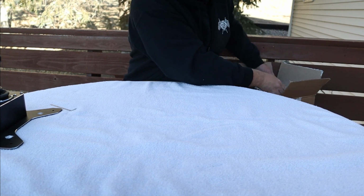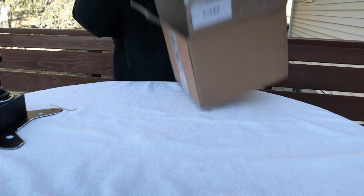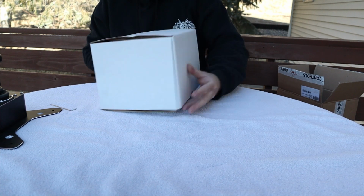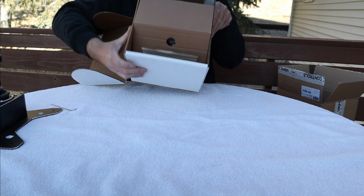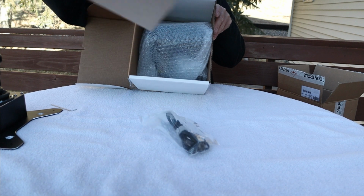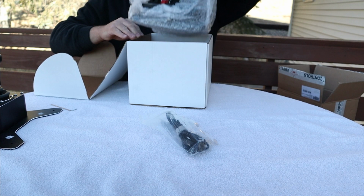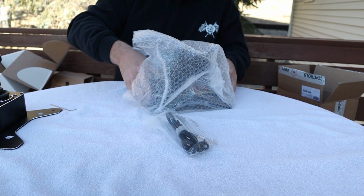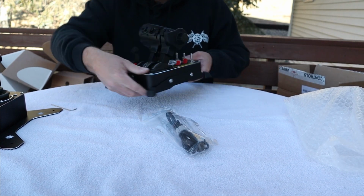The throttle's even easier. Your throttle, get it out of the box. It comes in a box just like this. See here, we got the flap, opens up. Kind of looks like that inside. Just going to pull this cardboard out. And there'll be the cord. And your throttle comes out. And that's it. So with the throttle,